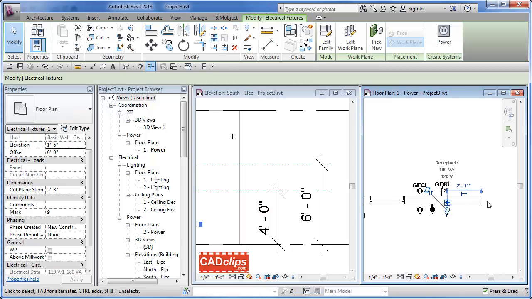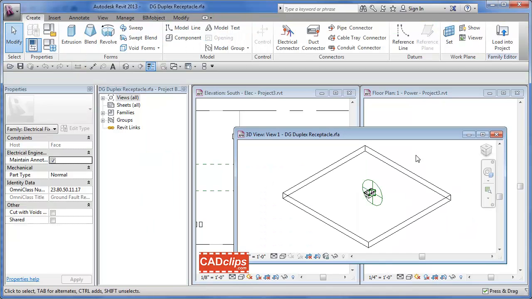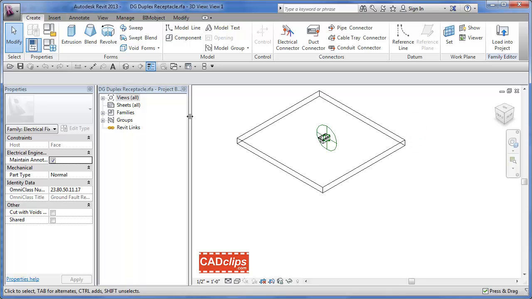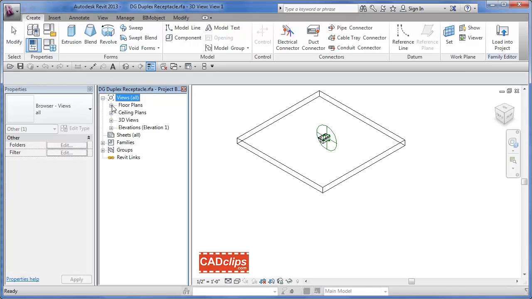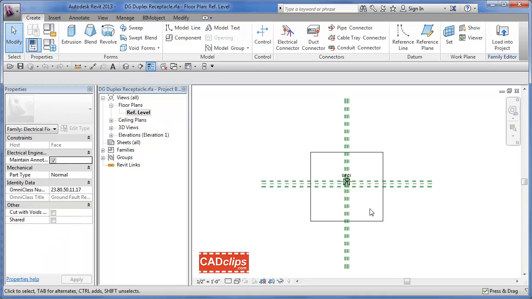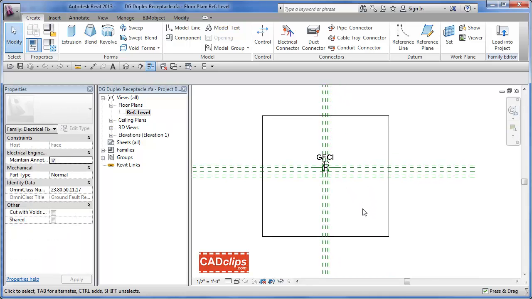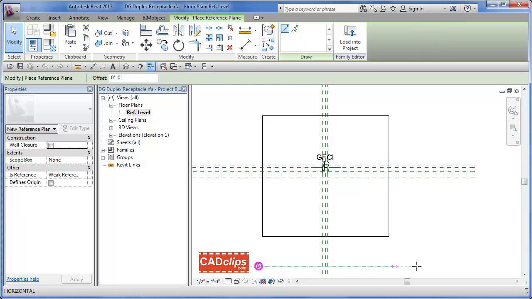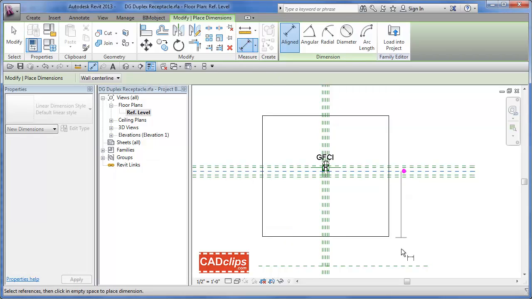So watch how we do this. Doesn't matter, these are all the same family. I pick on here and I say edit the family. And I don't have to go into the annotation nested family this time. I can double click on here and I can just go to my regular floor plan view of this. And the first thing I'm going to do is put in my reference planes as usual. So I'm going to say create and reference plane. Put a reference plane in down here somewhere. Okay. Put a dimension in from the center to